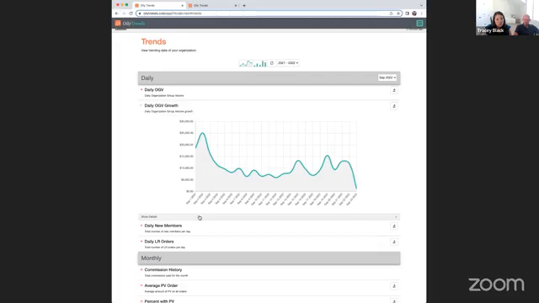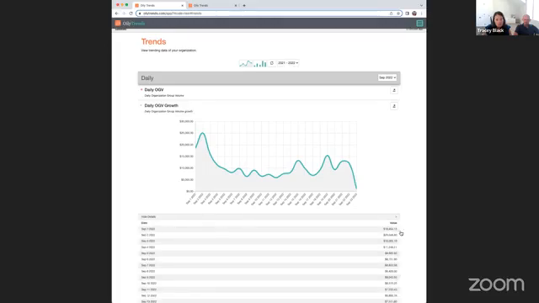Isn't this so cool? You can see the actual figures here and measure, okay, if a sale starts on September 23rd and ends on September 26th, what is the growth during those 3 days compared to other 3 days in the month? So you don't need to screenshot your virtual office. You can look at your daily OGV growth here.